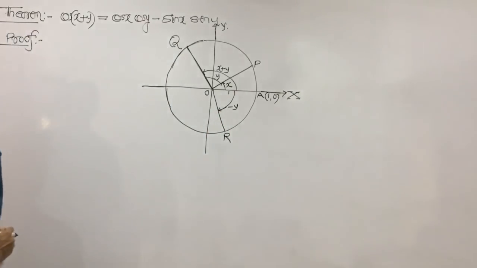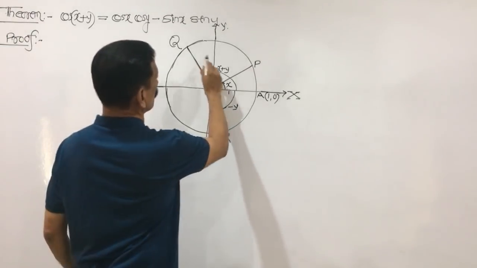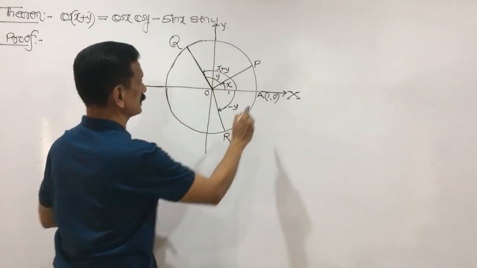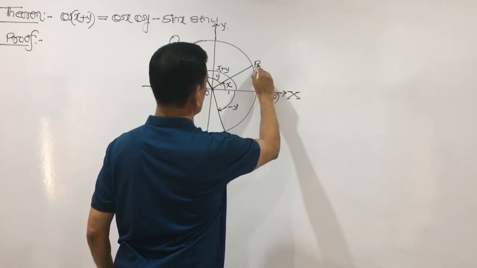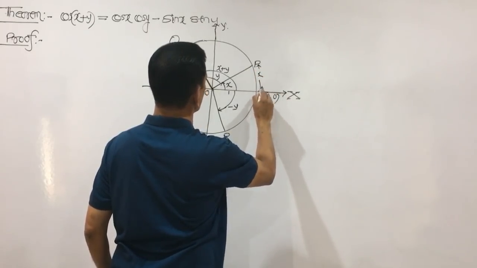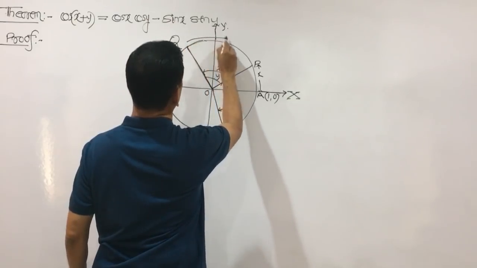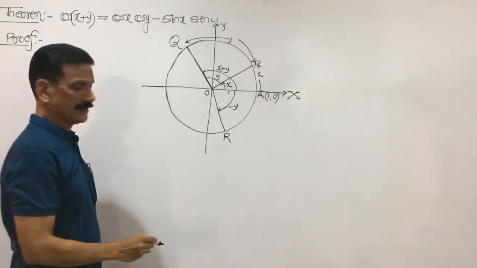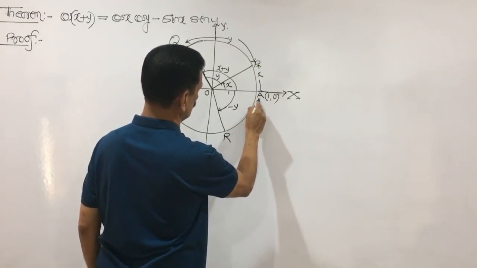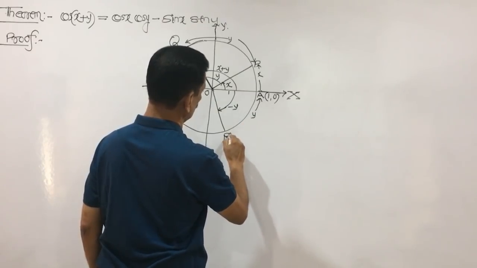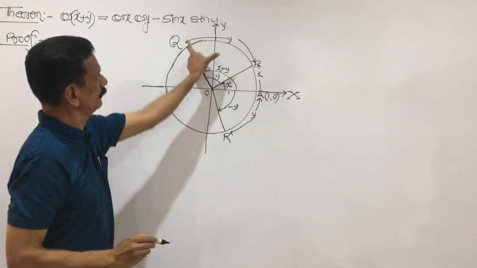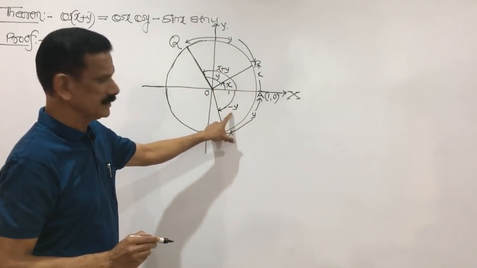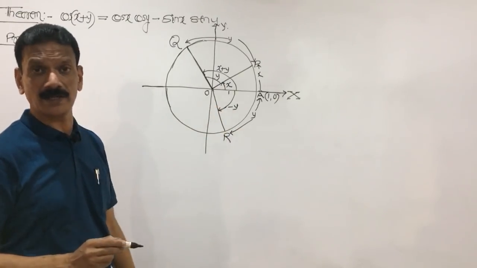So that, look here my dear friends, this arc AP is nothing but how much? x. This arc is x. I mentioned here this arc is x. And this arc is nothing but how much? y. It is y, and this arc which is here, I take that as y, the same length y here. Whatever this PQ is, same as AR, and this arc is y, means this angle is minus y because we have taken it in the negative direction.